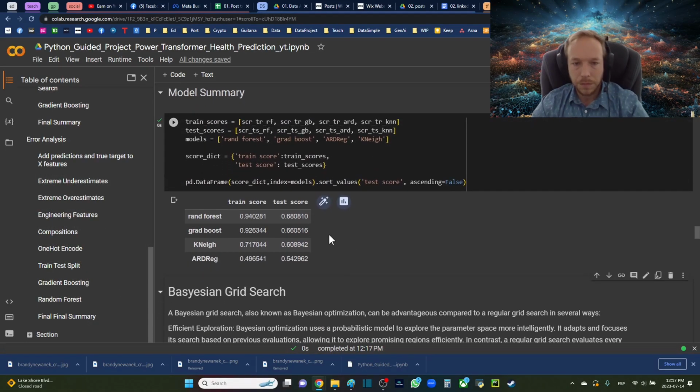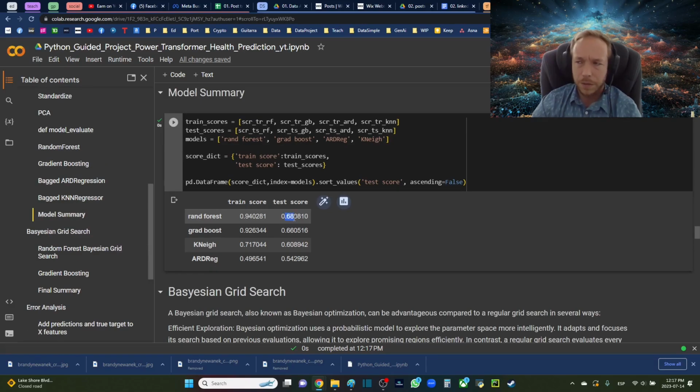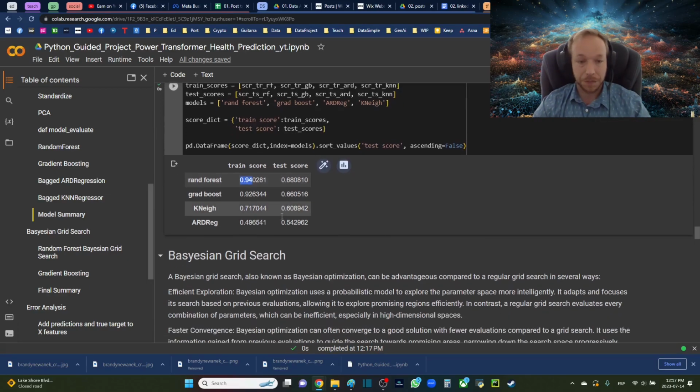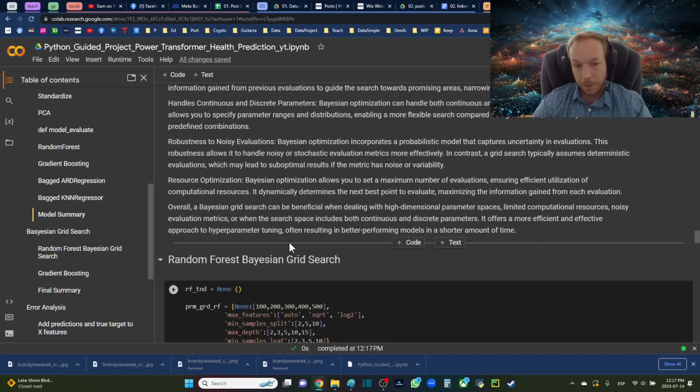Okay, so now that I got rid of that, we're not doing the overfit twice. This is the same score that I got the first time I ran that. So we can see there is definitely some overfitting. We do really well at our training scores and kind of mediocre at our test scores. So let's see if we can do a grid search and improve our random forest and our gradient boosting. They're doing the best, so let's focus on those two